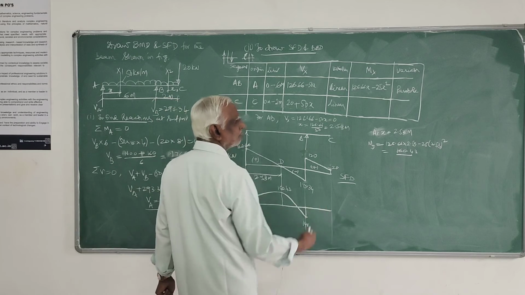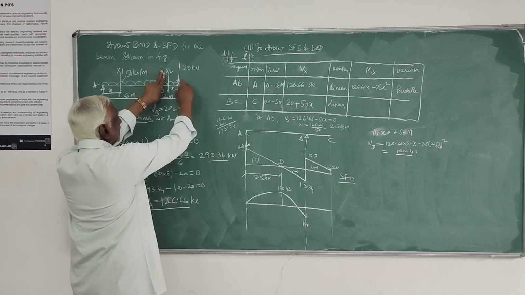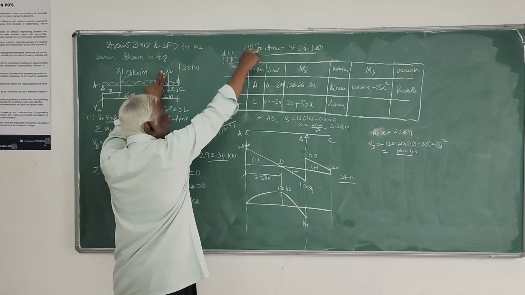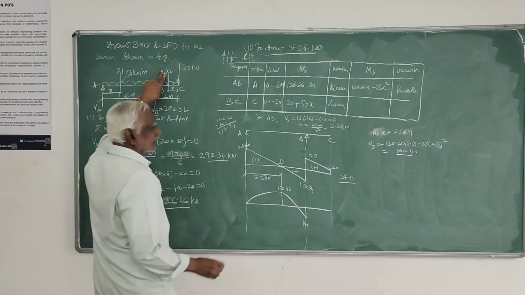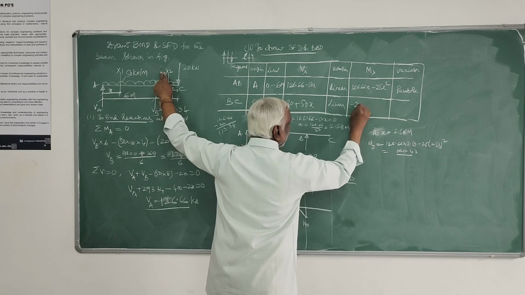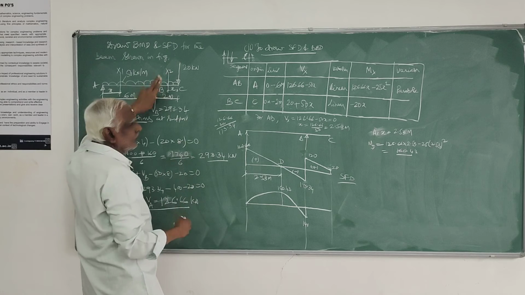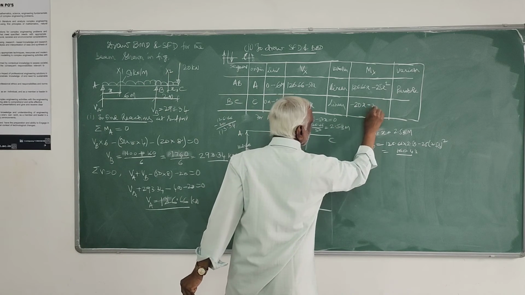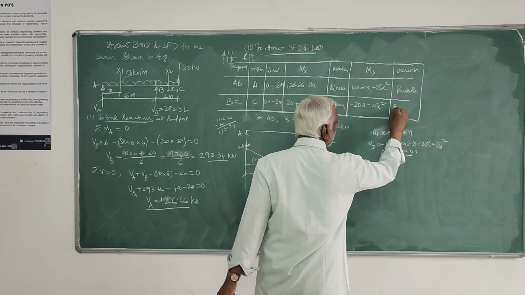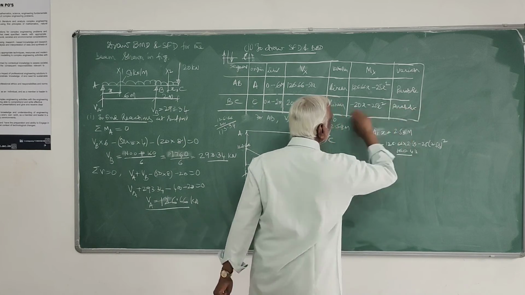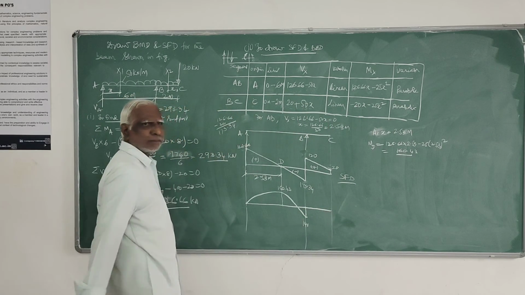Then between B to C, I'll write the bending moment equation. This 20 into x is clockwise. Clockwise means it is negative, that is minus 20x. Due to this 50 into x, minus 50 into x by 2 into x, that is 25x square. That is also negative. So this is also parabolic, for the BC portion. So in this portion also it should be parabolic.